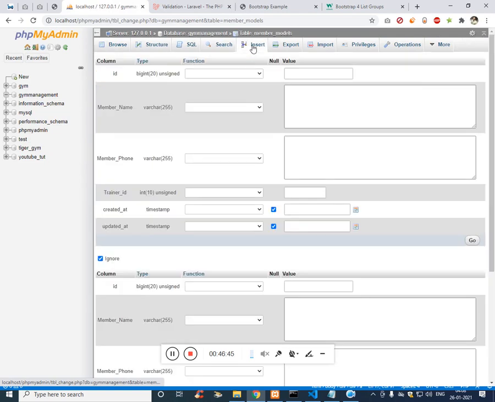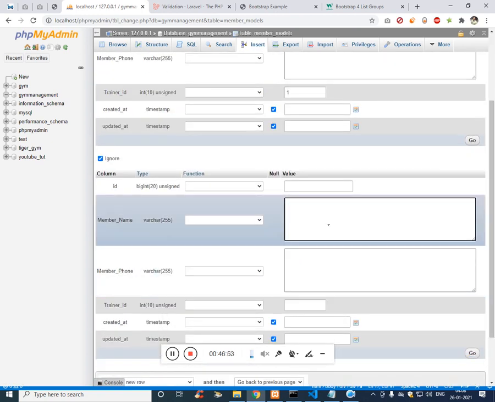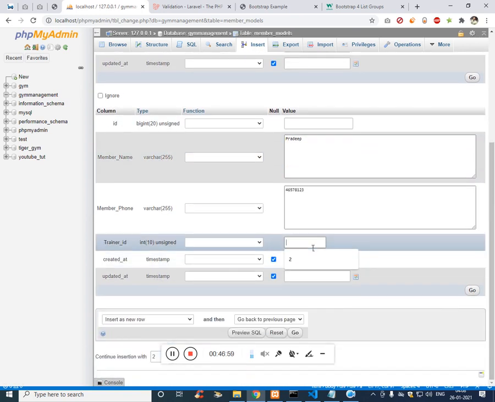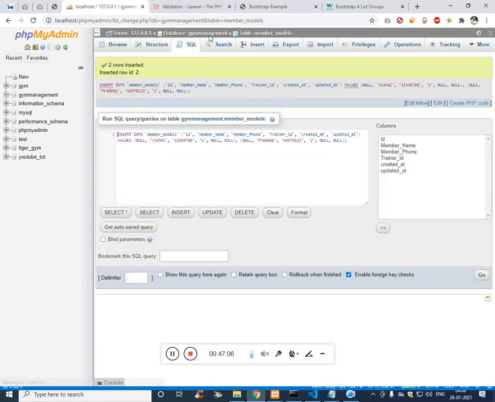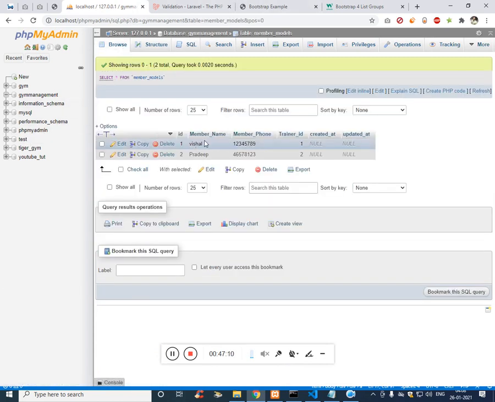Insert member name is Vishal, and the phone number is something, and the ID related to is 1. Member name is Pradeep, and the phone number is, and the ID related to, which is the trainer ID. Let's click on go. The value will be saved on the database. Click on browse. So 2 values are there at present.